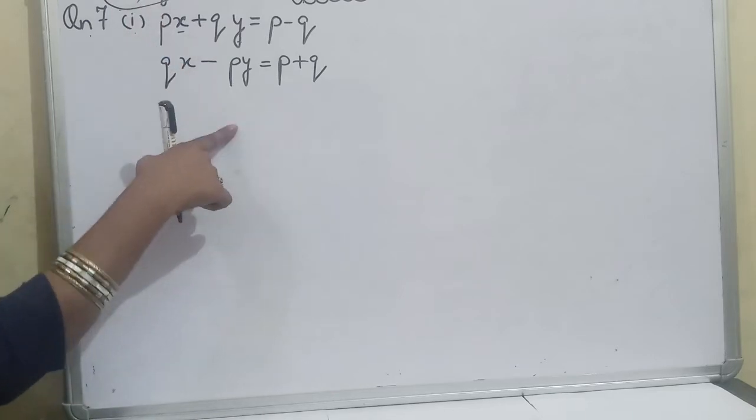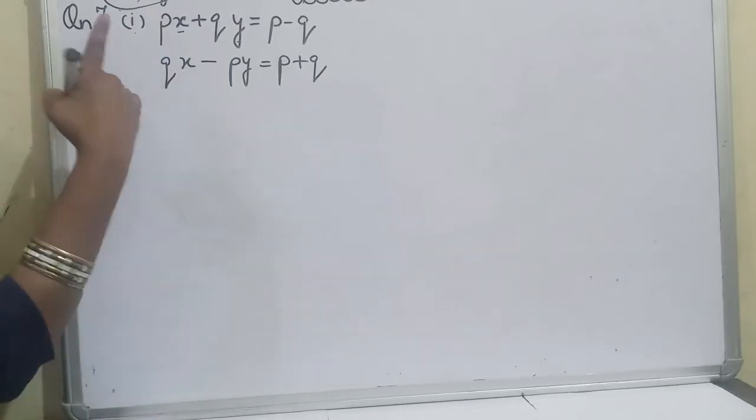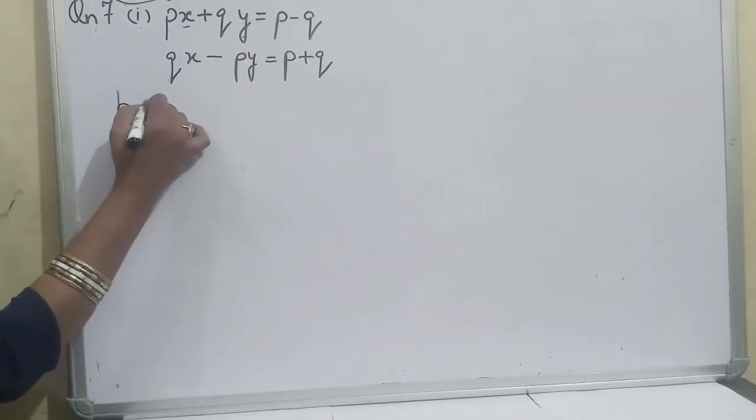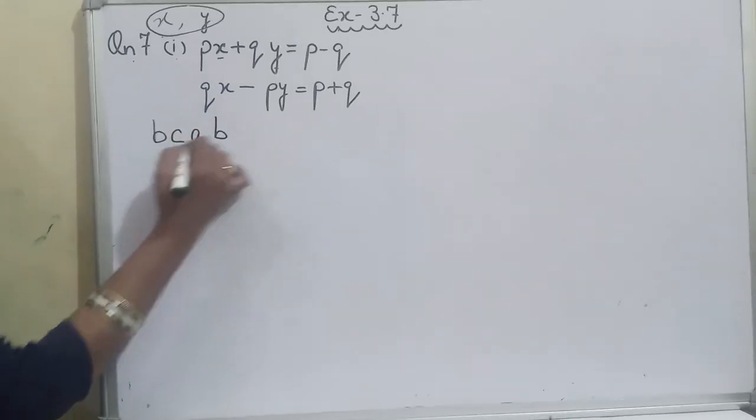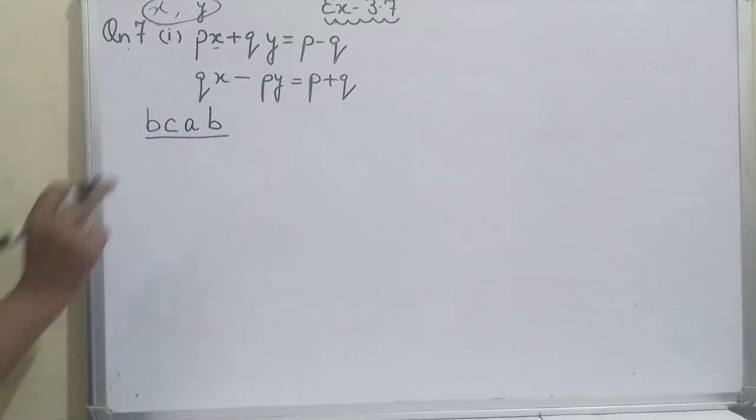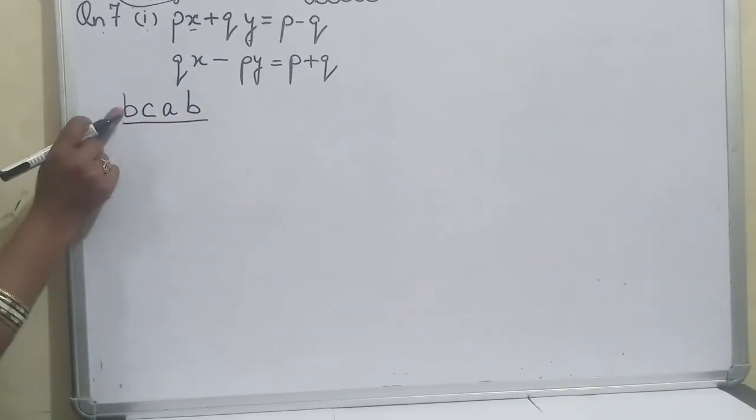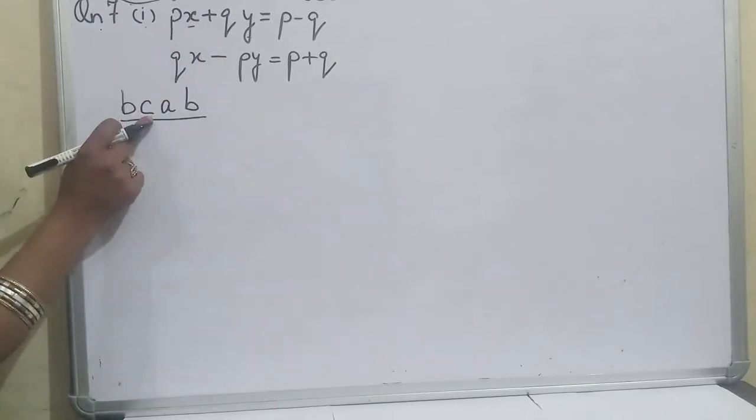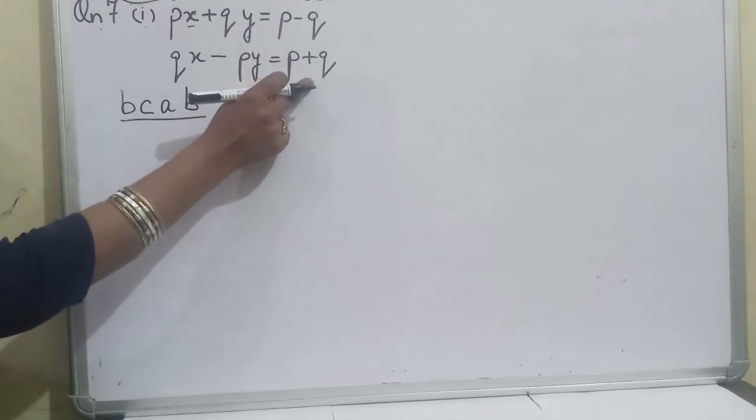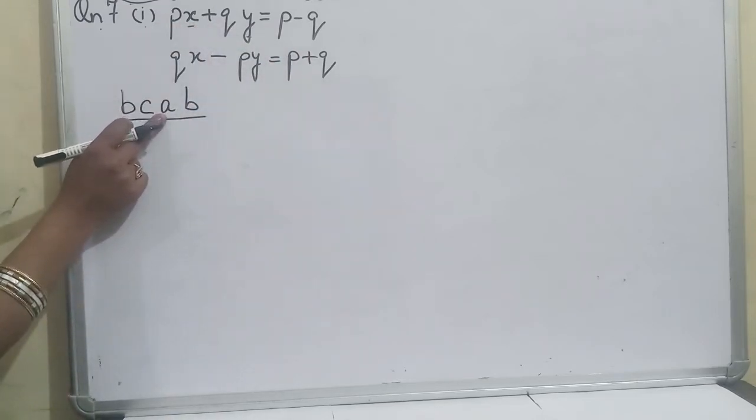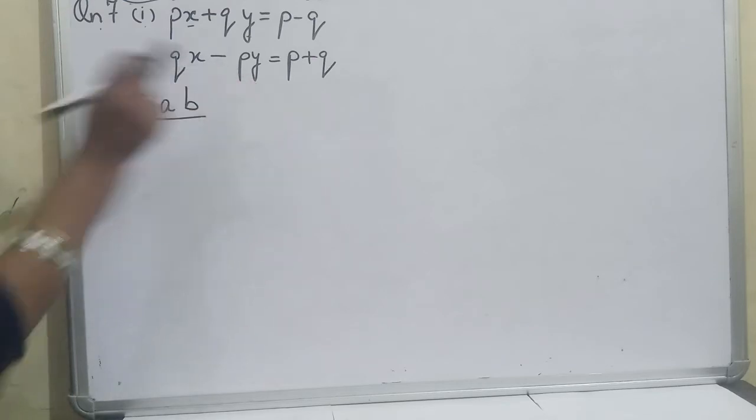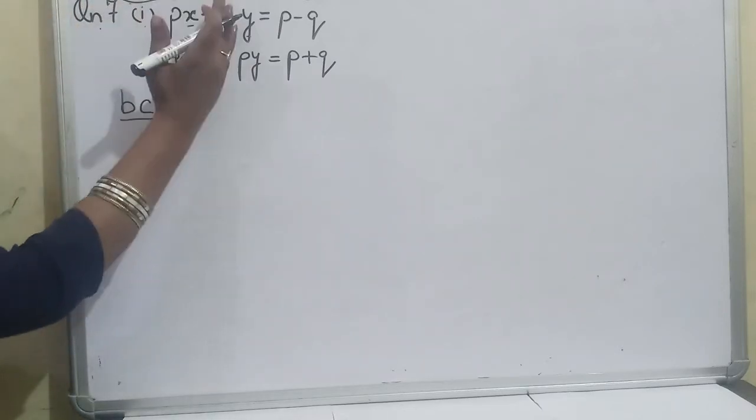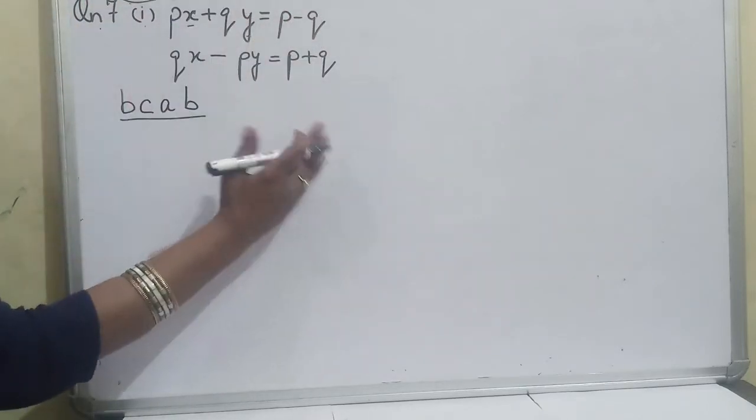For applying the cross multiplication method, I told you that we have to write the coefficients in the form of b, c, a, b. And can you tell me what is the meaning of b, c, a, b? B means the coefficient of y. C means the constant terms, and a means the coefficient of x. And again the b means the coefficient of y. So we have to write all the coefficients and the constant term in this sequence, and then we'll apply the